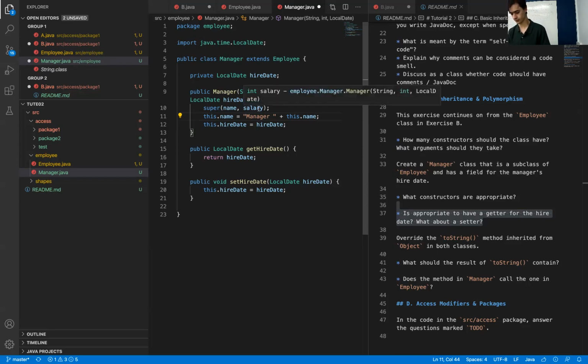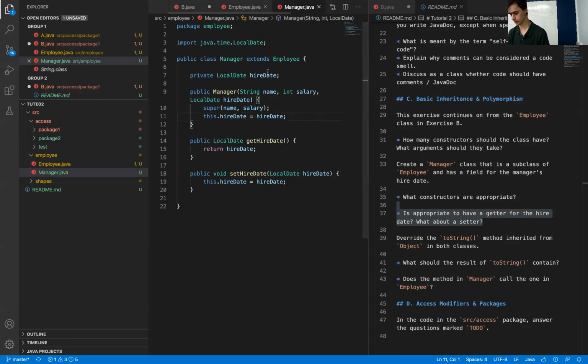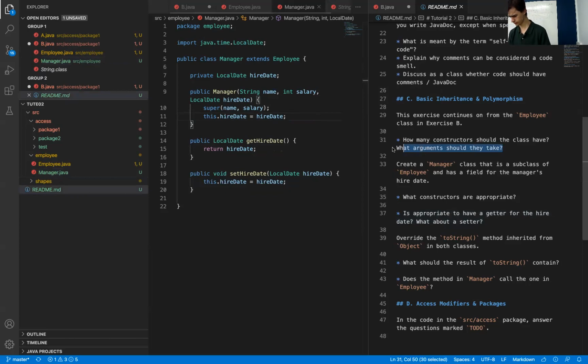So that is a bit of a teaser for when we get to it in week 4. And that's part of why we keep data private from child classes. Okay, we'll get rid of that and we'll go back to here. So now all these questions about what constructors are appropriate,